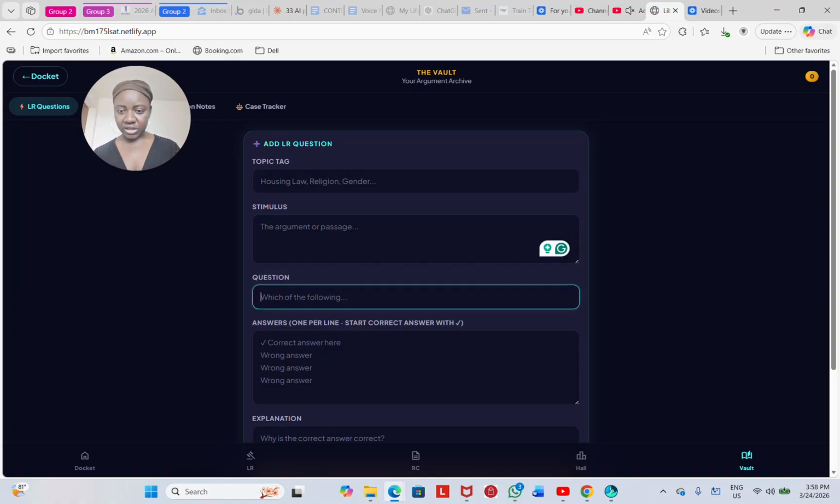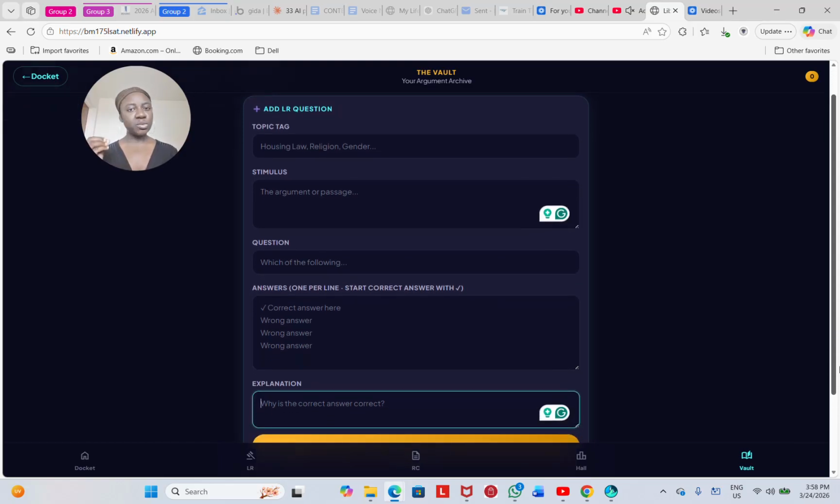This is a tool that I think can be used concurrently, especially when you're reviewing. Every time you learn something new on the law hub, you can input your review in here to document your journey or process. I think it's really cool. The right answer is auto selected. Here, you will select the right answer, also include the wrong answers, and then you can still use this tool to review.